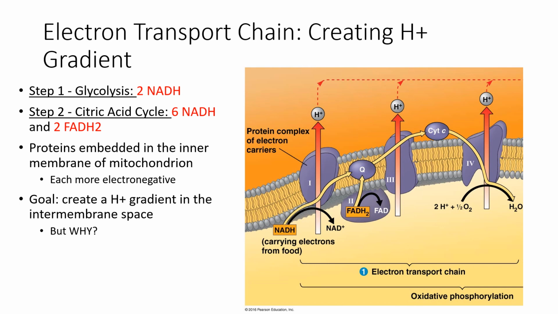So it's important to follow the NADH first. So we can see on that first protein that the NADH is going to come in at that first protein, where that protein will pop off the electron that the electron carrier is carrying, and then move the electron from that protein to the next, and then to the next, and then to the next,